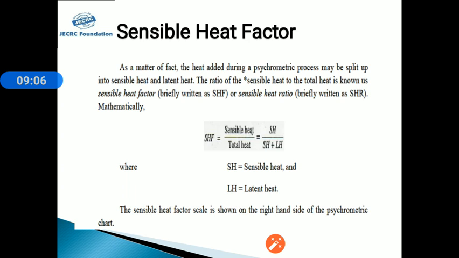Then the sensible heat factor. When we talk about the sensible heat factor, it is the ratio of the sensible heat to the total heat. Now what is sensible heat? Sensible heat is a temperature increase or decrease without changing phase. When we talk about latent heat, then phase